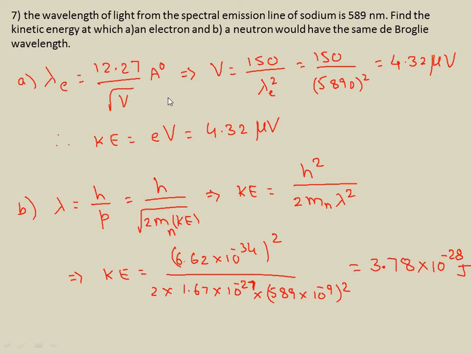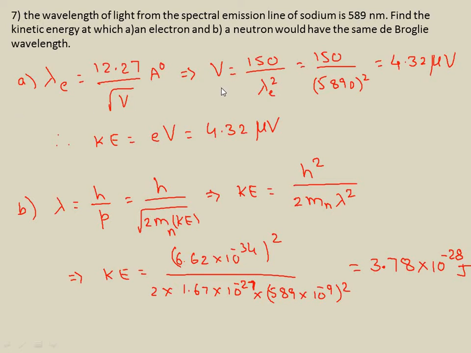Okay, first of all let us find the wave voltage, because the spectral emission wavelength is given, right? I'll tell you why I'm calculating this. You can see clearly, lambda = 12.27/√V angstrom. Do you remember this? Lambda = h/p. p is nothing but the square root of 2m KE, and KE can be written as eV, where V is the voltage. Upon substitution of all those values, I get 12.27/√V, which is nothing but h/√(2meV). All those values give me 12.27/√V angstroms.